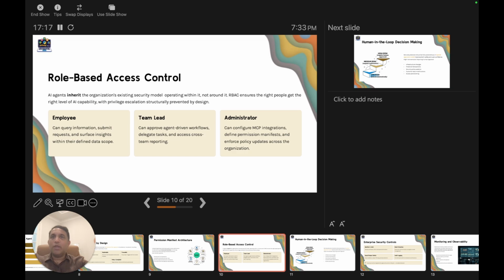So an employee using the agent can query information, submit requests, and surface insights, but only within their defined data scope. A team lead can approve agent-driven workflows, delegate tasks, and access cross-team reporting, and an administrator can configure the MCP integrations, define the permission manifest, and push policy updates across the organization.